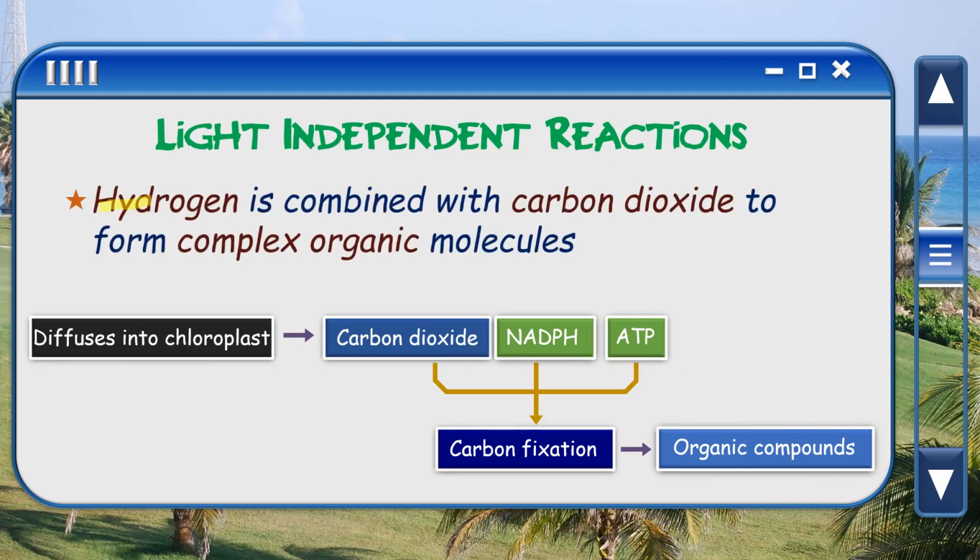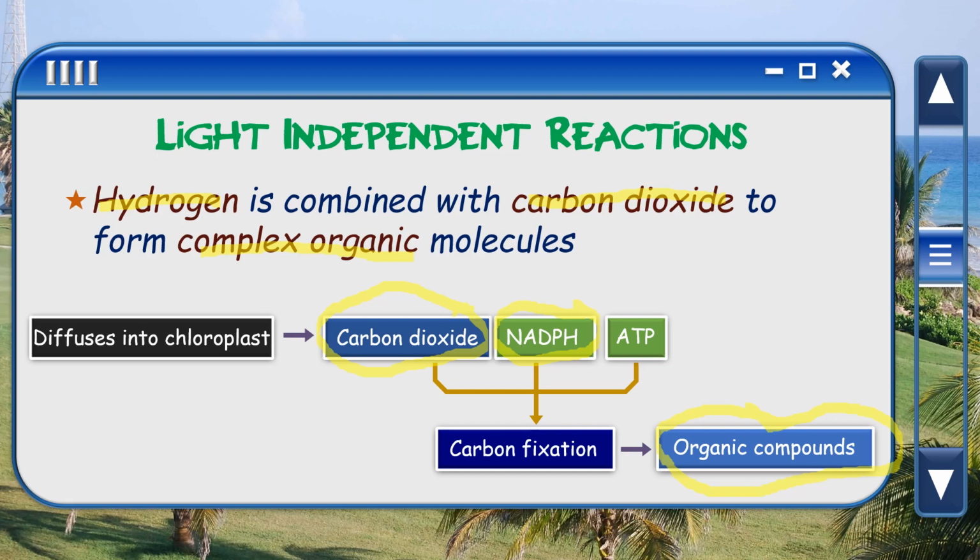The hydrogen is combined with carbon dioxide, and this will form a complex organic molecule. So we have our hydrogen, which is going to combine with carbon dioxide, and when they combine together, they will form a complex organic molecule, which is our end product. And that is taking place in the stroma, and it's what we call the light-independent reaction, because it does not depend on